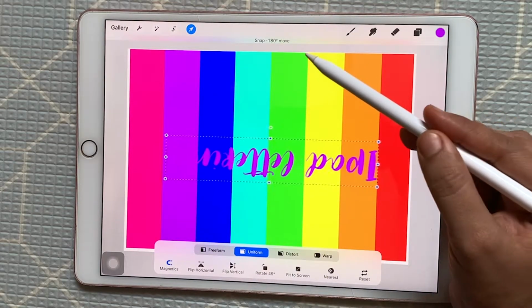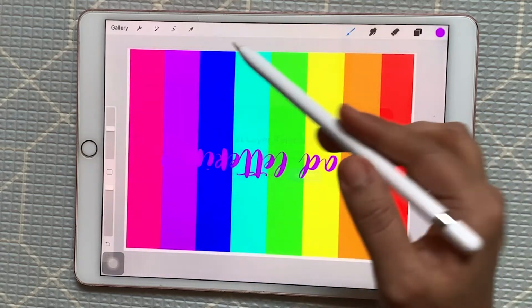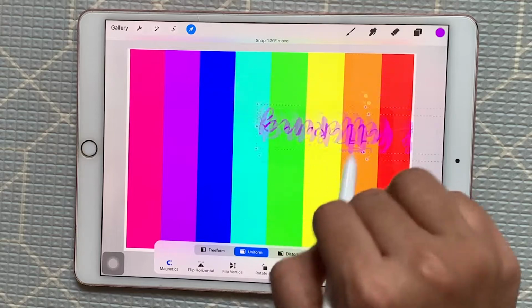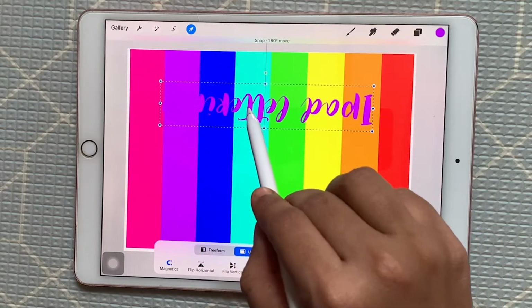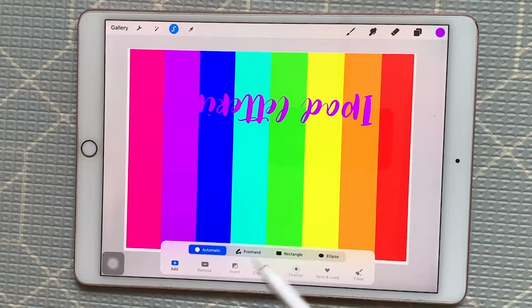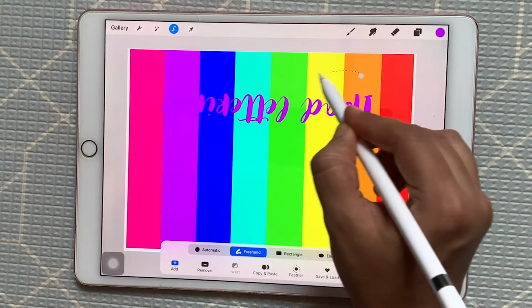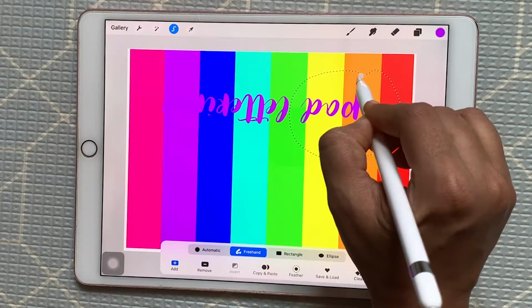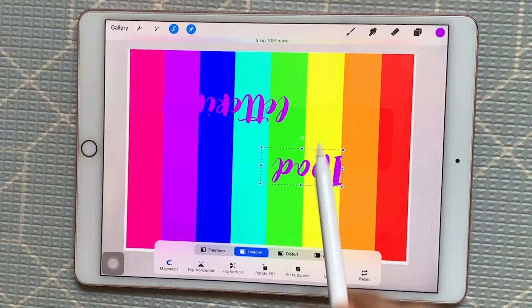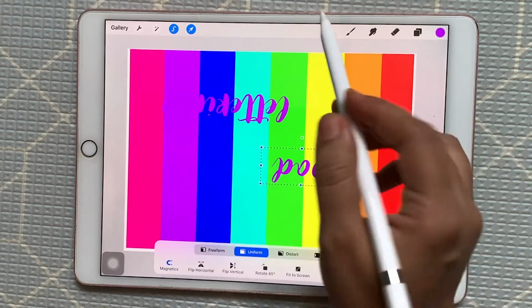With this you can select your drawing and move it anywhere in your canvas you want. By selecting this one, if you choose freehand, you can choose a particular part of your lettering and move that part wherever you want. So that's it.